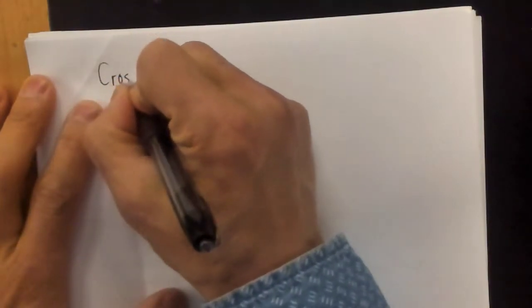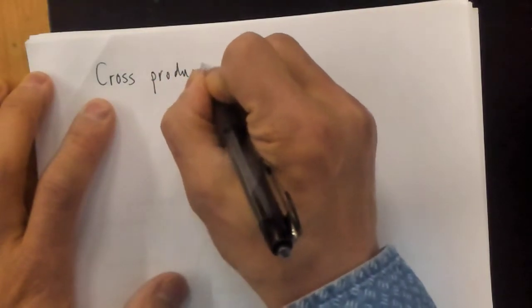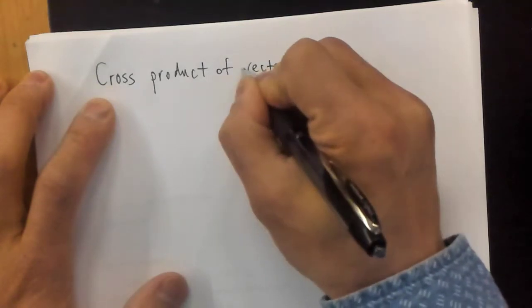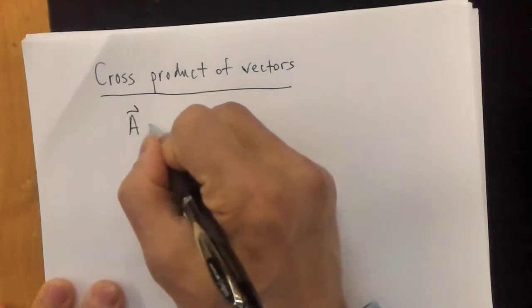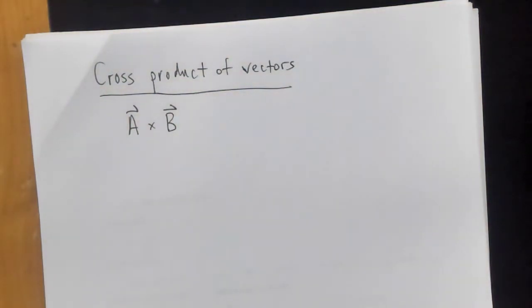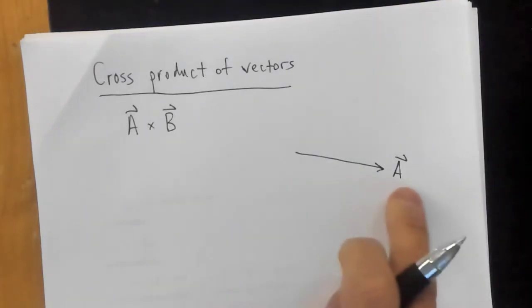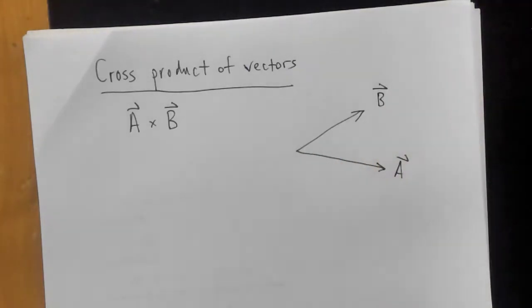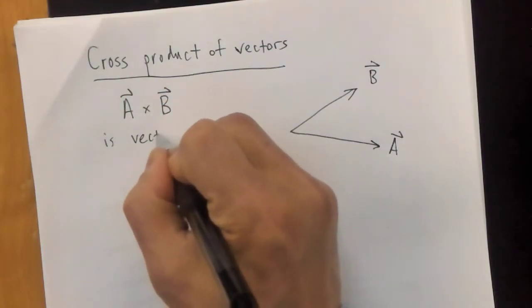Okay, so we already did cross products, but we're going to introduce another formula, but I like to review the whole thing again. So, cross products of vectors. Okay, so we have a vector A cross B. Let's say A is like this, in the plane of my sheet of paper, and B is in the plane of my sheet of paper. So A cross B is a vector